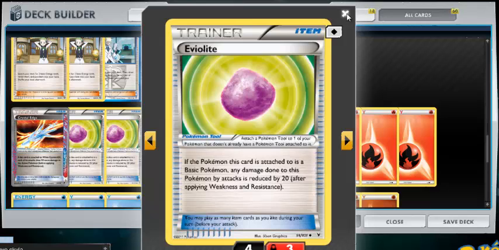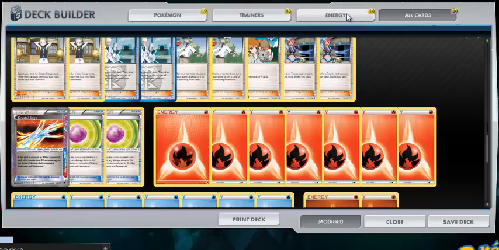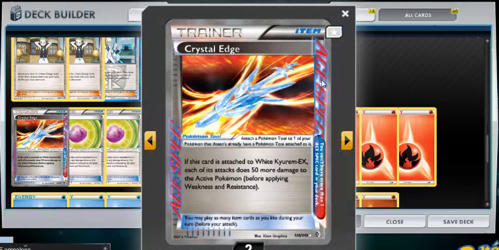Sometimes I usually put it on White Kyurem or my Mewtwo. It's usually mostly for Mewtwo, but my White Kyurem EX, it's good to have it because I don't want to take too much damage. So sometimes it's good to have it. And then my Ace Spec card of the deck is Crystal Edge because if I attach this to White Kyurem EX, all its attacks do 50 more damage,